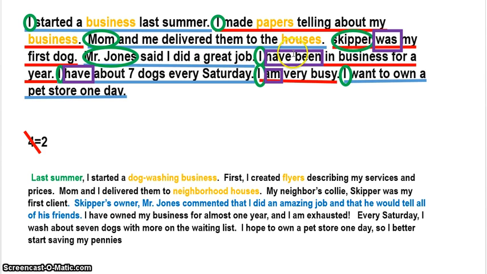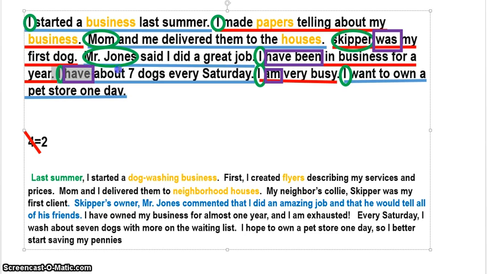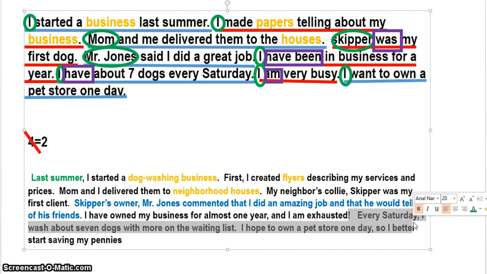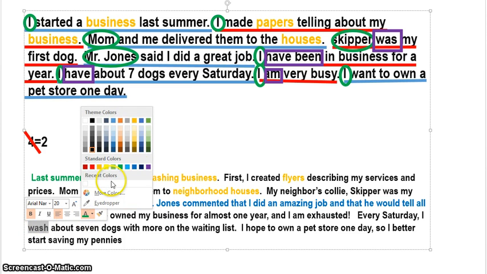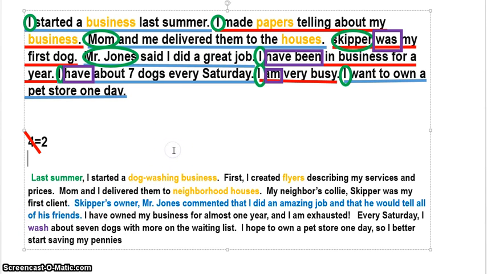If I can find it. Okay. Here's one. Up here, the sentence says, I have about 7 dogs every Saturday. If you go down to my sentence down here, every Saturday I wash about 7 dogs. So what I did is I took the have out and changed it to an action verb, wash. And so that immediately eliminated my helping or my